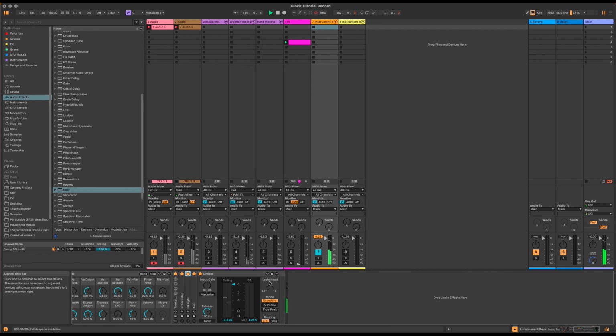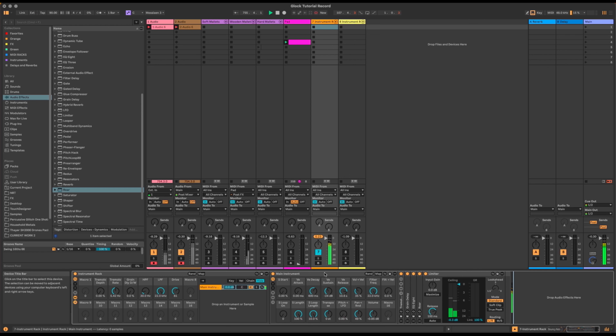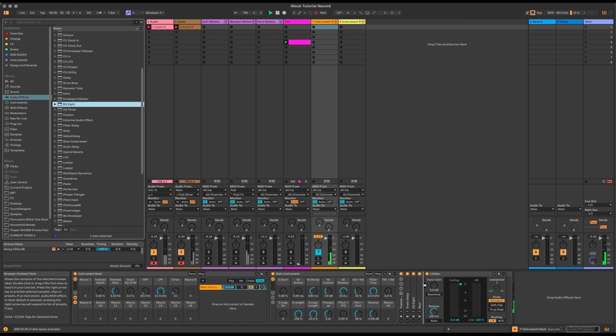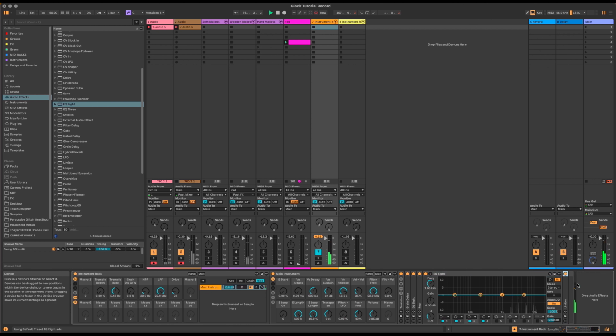I don't want to control any stuff on it, but let's build a little dynamic EQ so that when it's these really sort of piercing sounds, it takes them off. Let's turn the drive down for now, though. So the way I'm going to do that is I'm going to isolate those piercing sounds. I'm going to bring in an EQ8 in before the limiter here. And so I'm going to set this to be a really fine band. Something like this. Yeah, so that whenever it's these really piercing sounds,